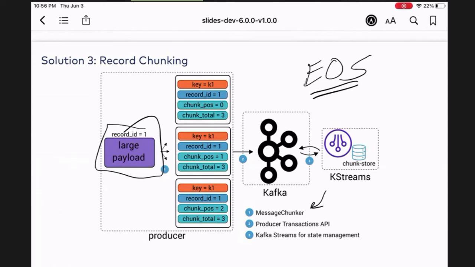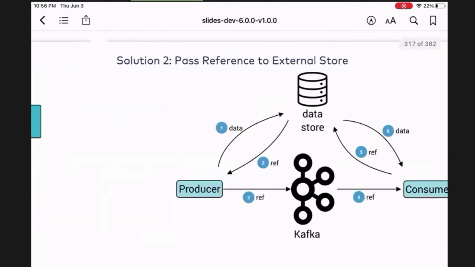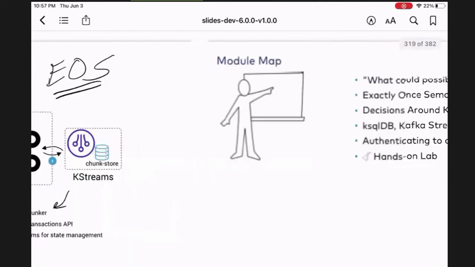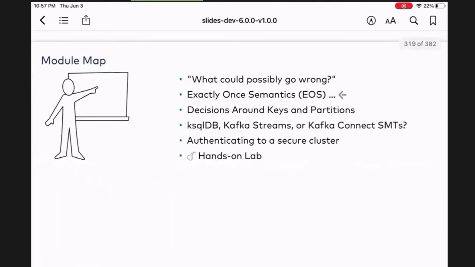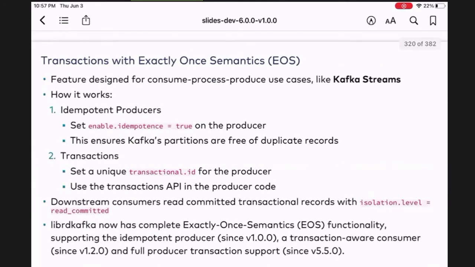So overall, we're not showing you how to do it yet, but we just say, look, try to break up the message, use this clean check or compress. There's different ways to look at how to do it, right? And now, the previous question was a perfect segue into exactly one semantics. Like, what is exactly one semantics? And I'll just do a quick recap.